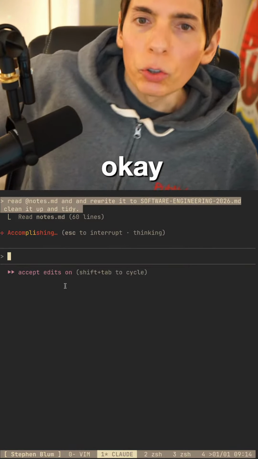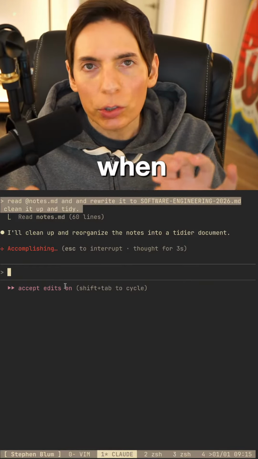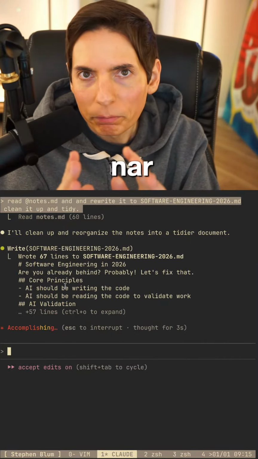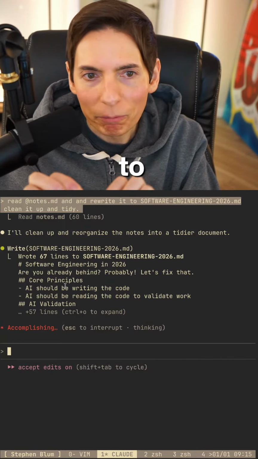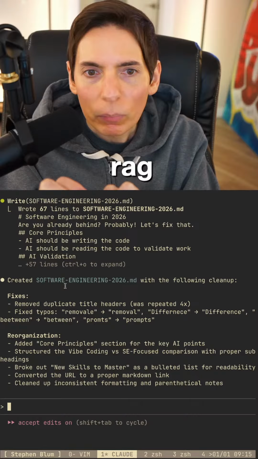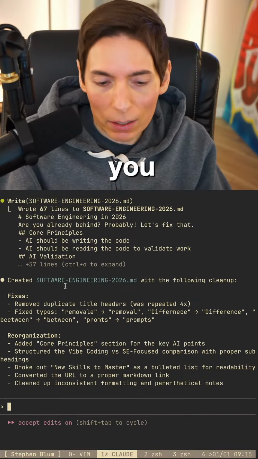Okay. So one of the practices that I also like to implement when using generative coding is to keep the task very narrow, and we need to add that in. What do you think of dumping the docs in a RAG? Oh, yes, we have to add that in as well. Thank you for mentioning it.